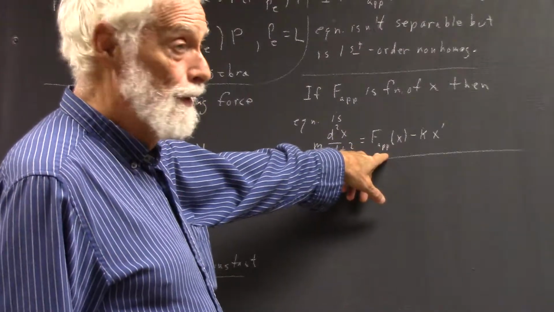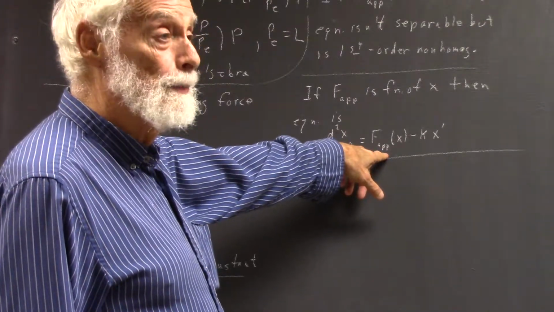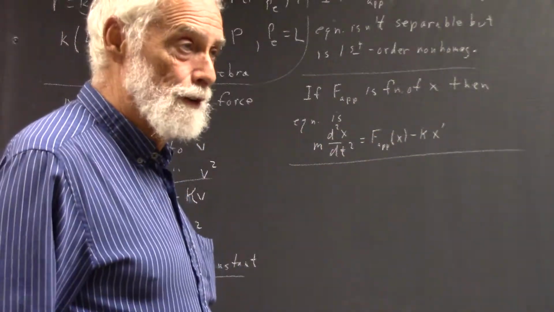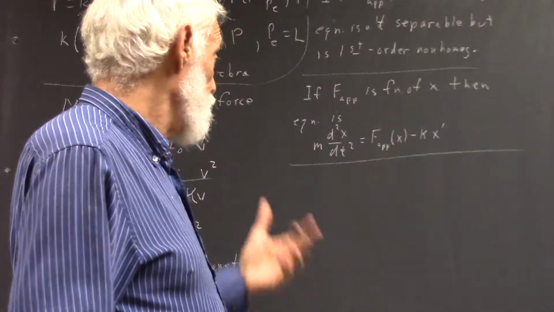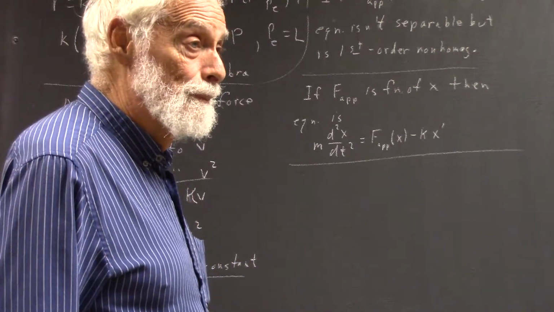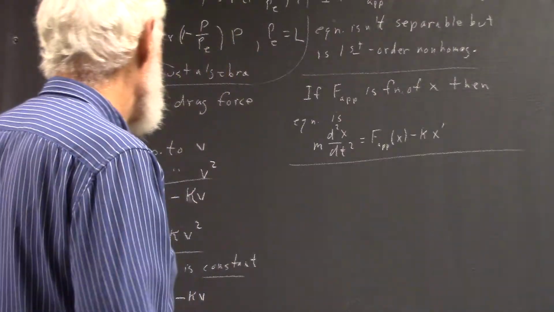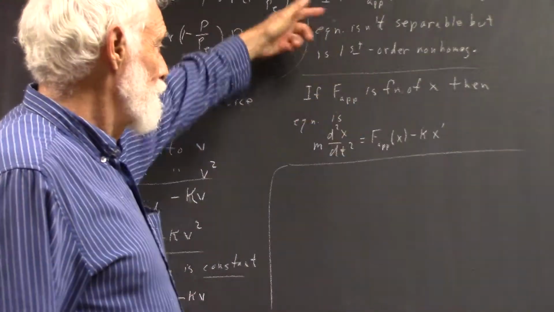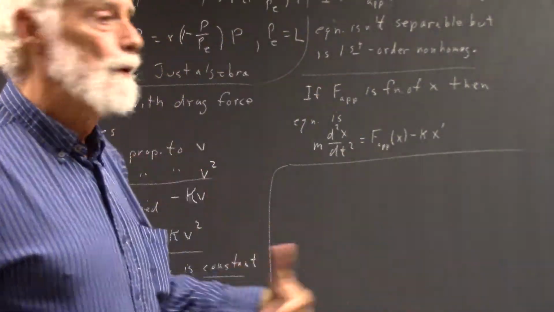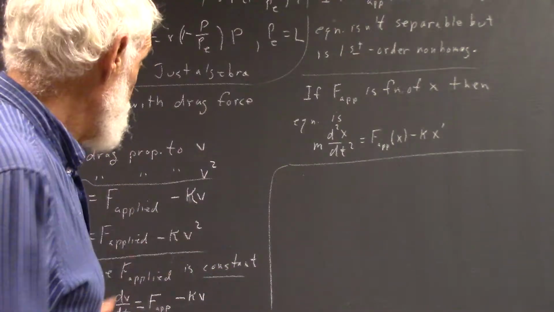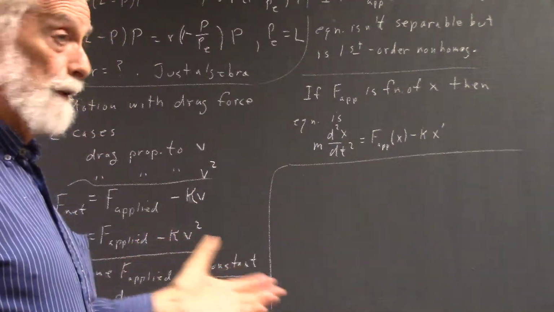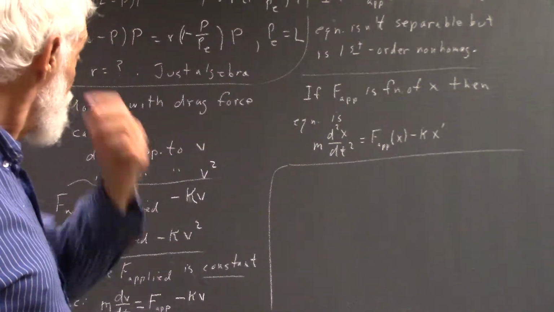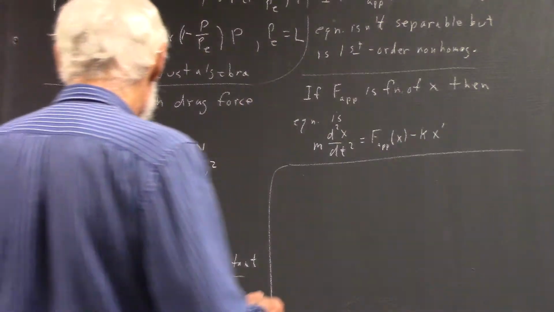But if f applied of x is a constant multiple of x, you can see this is going to be second order linear with constant coefficients, right? Okay. So all these cases, if I don't give you a really nasty f applied, are pretty straightforward. So you'll be able to solve. Now we'll solve some and see what it tells us about different motion in different cases, but that's kind of what you have. Okay, now for the second case,